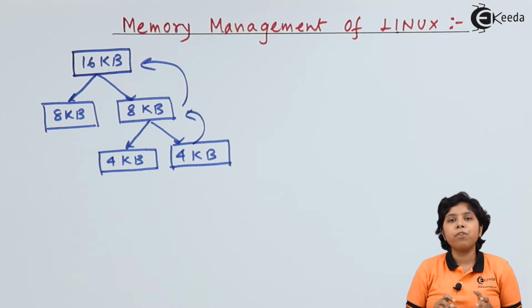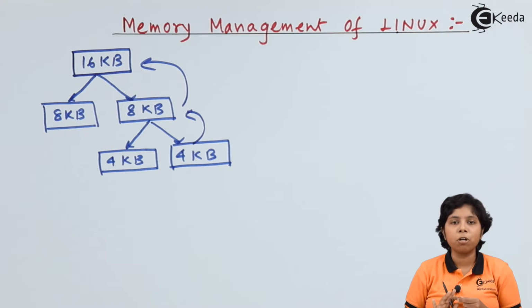Whenever we are populating these objects in a cache, there can be 3 types of situations. One is a full cache, empty cache, and partial cache. With a full cache, all the objects in the cache are occupied and cannot be allocated any pages. A partial cache is a combination of full and empty. And in an empty cache all the objects are free to be allocated and no object is used